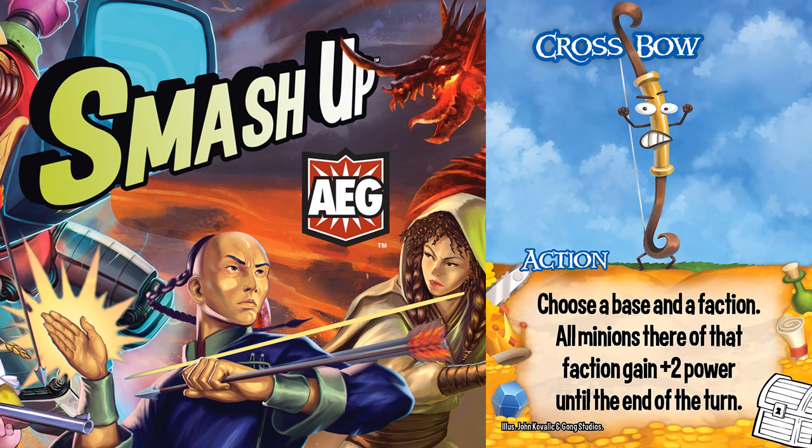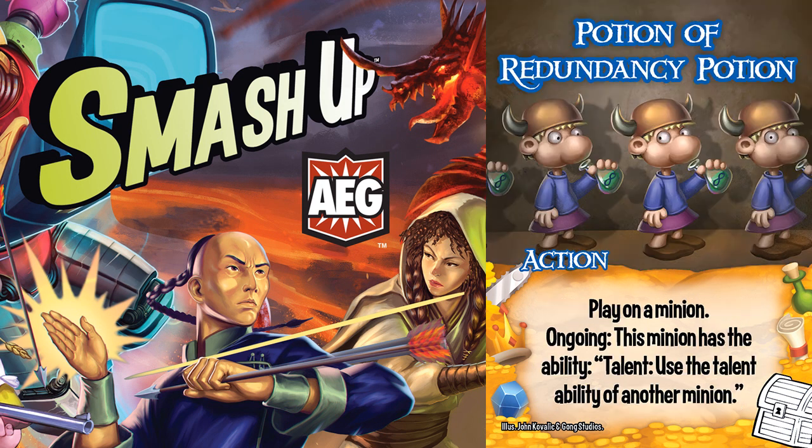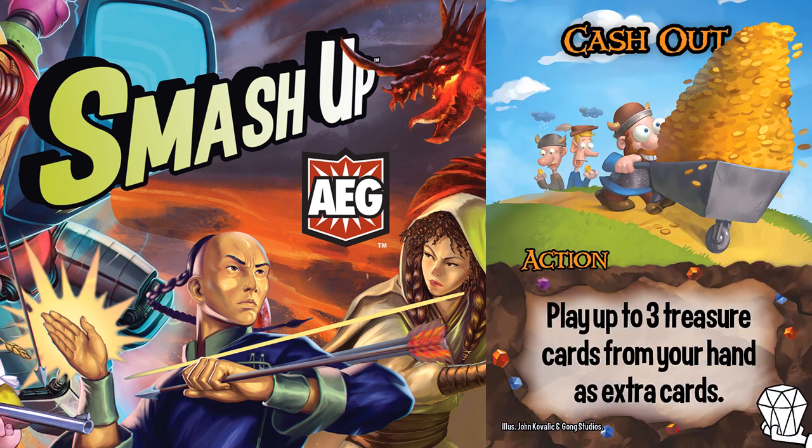So with only 2 minions of your partner faction, one of which you can play this turn, Crossbow can generate 4 power 3 times while only needing 1 specific treasure. If you are short on a Gold Digger, Potion of Redundancy can make up the difference. When viewed in this context,